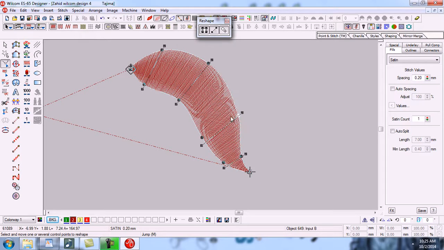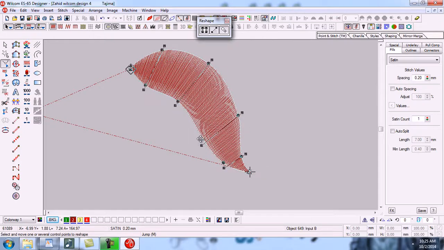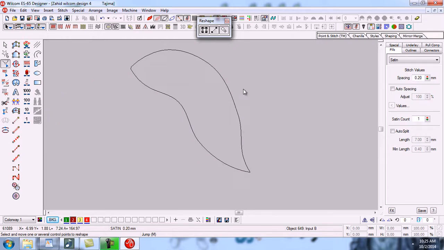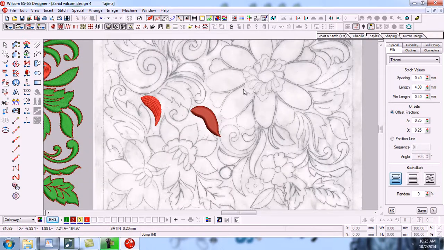We can reshape the object to make it beautiful. You should also reshape any object after making it for its beauty. Now we will make another object like this